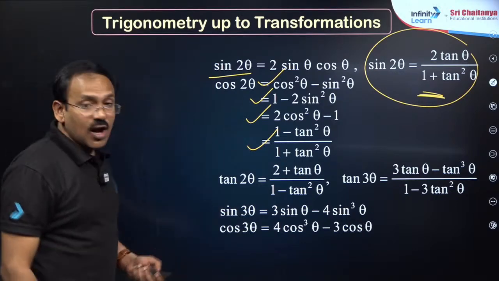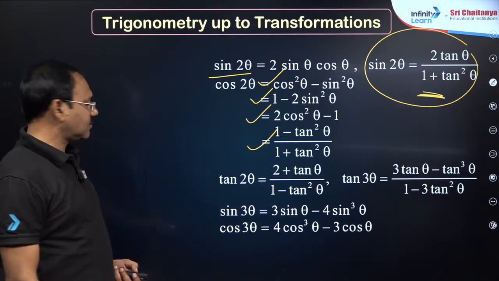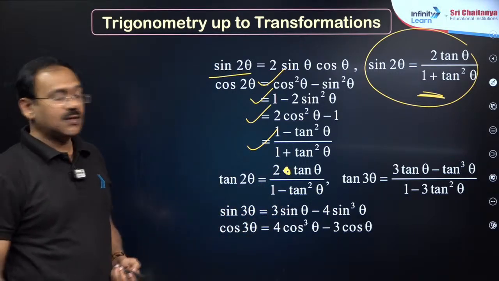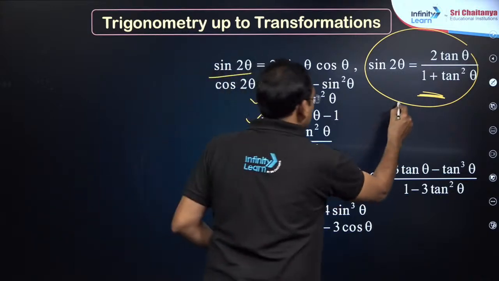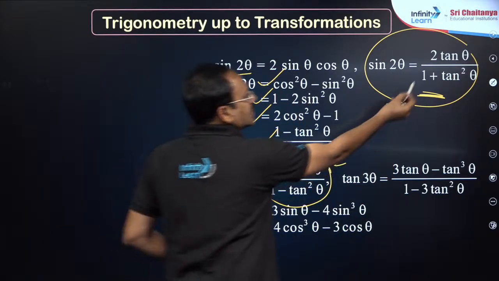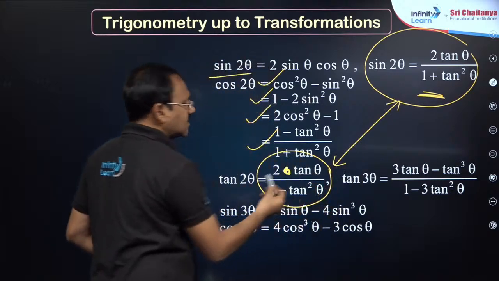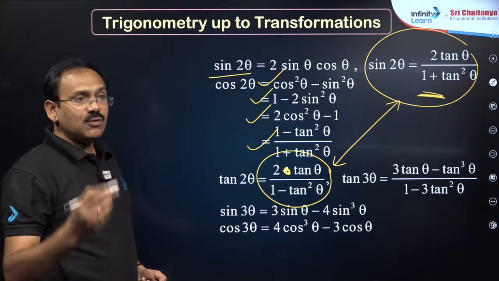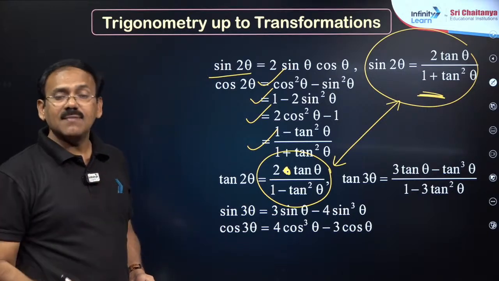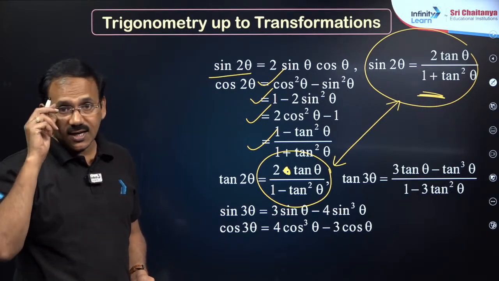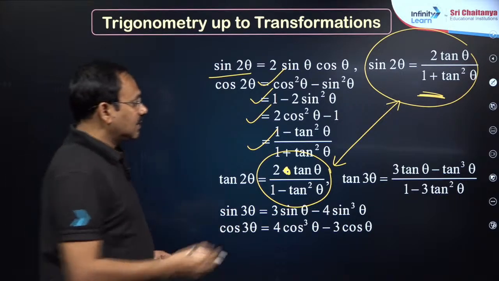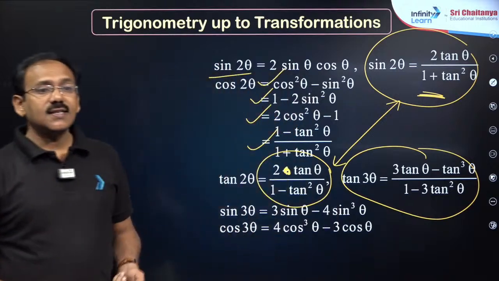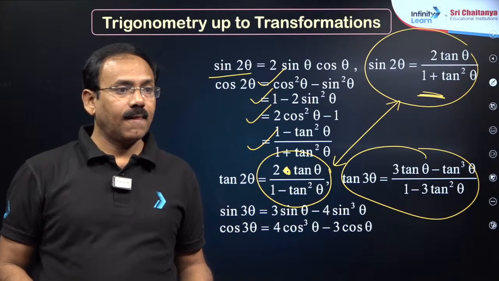Right, dear students? Now, tan 2 theta is 2 tan theta by 1 minus tan square theta. Please observe the difference between tan 2 theta and sin 2 theta. You see, if it is like opposite side, hypotenuse, adjacent side, here also adjacent side by hypotenuse. So sin 2 theta, cos 2 theta, tan 2 theta are very, very important, especially in integration, we use them, my dear friends. Tan 3 theta is 3 tan theta minus tan cube theta by 1 minus 3 tan square theta. Sin 3 theta is 3 sin theta,